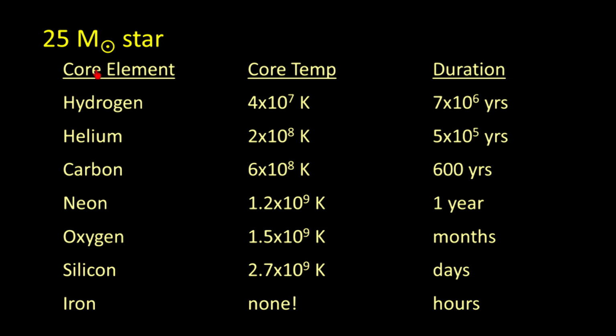When the 25 solar mass star forms, like any other star in our universe, of any mass, of any size, it will begin with its composition being mostly hydrogen. The hydrogen is fusing to become the element helium. The temperature at the core for this fusion to occur for this star is 40 million kelvins. So 40 million kelvins, plenty hot enough to get the hydrogen to fuse. This star will fuse all of its hydrogen in its core and run out of hydrogen after only 7 million years. So 7 million years on the main sequence, turning its hydrogen into helium.